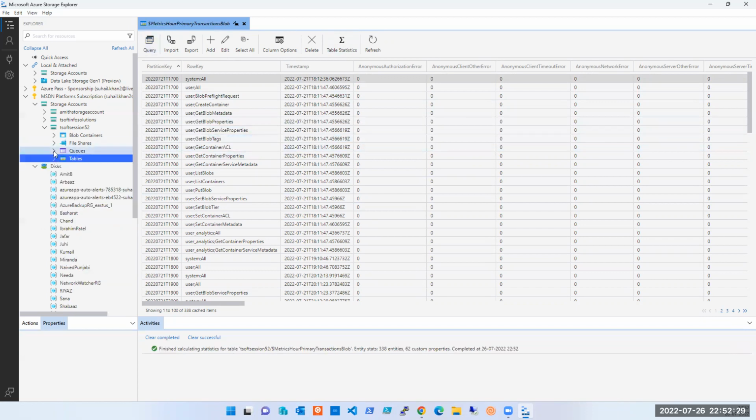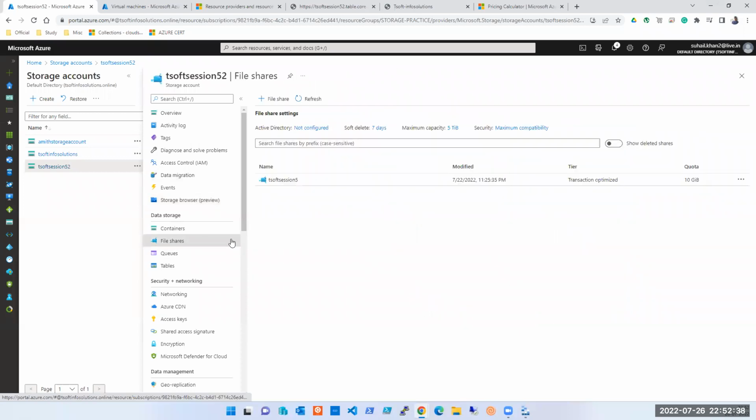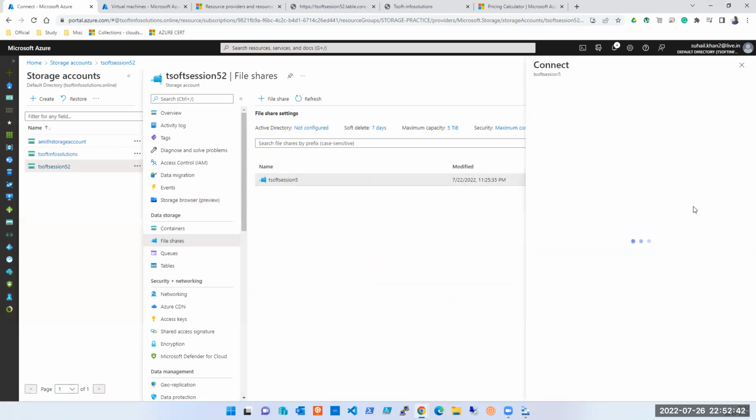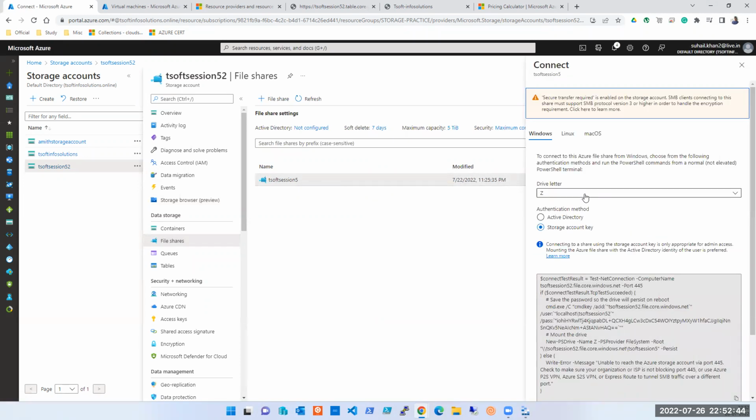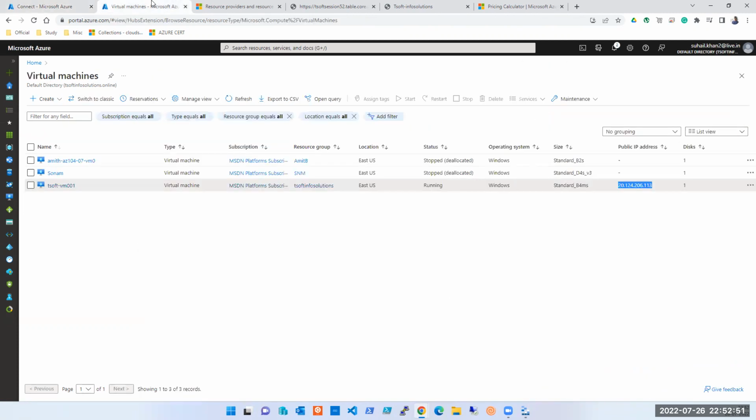ठीक है, so we are done with queues and table। Now let's do the file sharing। file sharing हम लोगों ने किया है, फिर भी I'll do it today one more time। Last time few people were not able to do it। Okay, so this is the one, let's try the same। Okay, so I just have to copy this। Before that, let me log into some virtual machine or any machine।